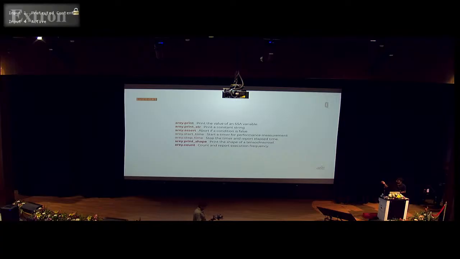And array dot count is there, so it will count the frequency of the numbers the operation has worked on. Yeah, and those are the things we are working on, and these were the things I could come up with. So there are so many other operations that we can come up with. Anyway, it's extensible and it's open source. Everyone can contribute to this.